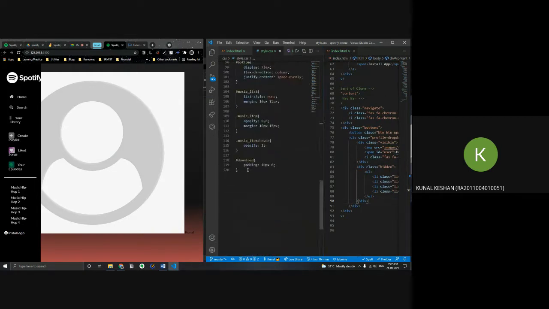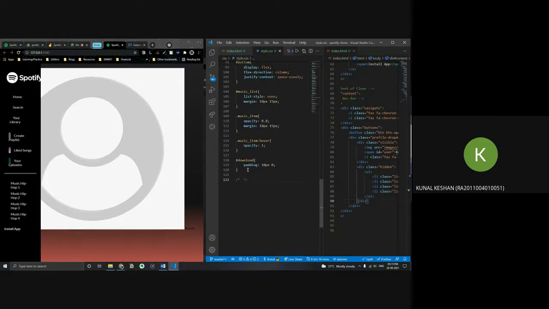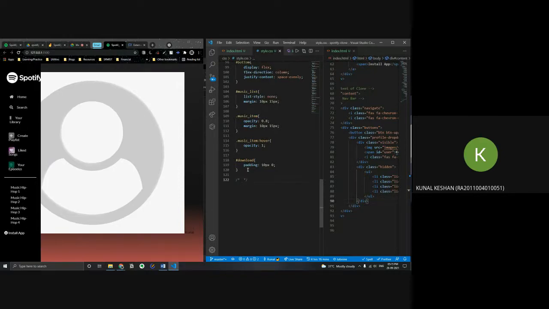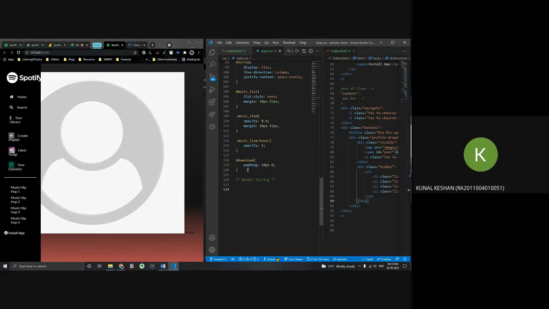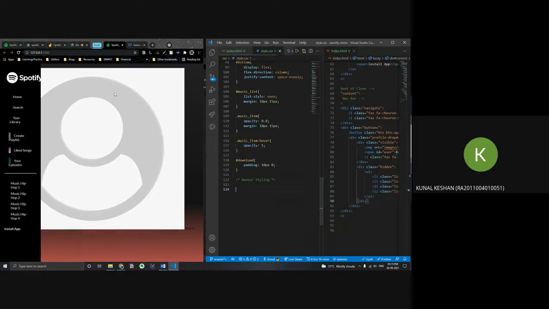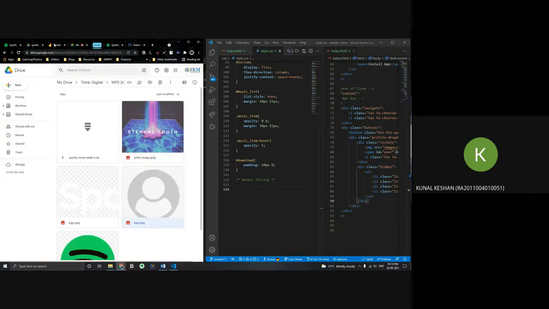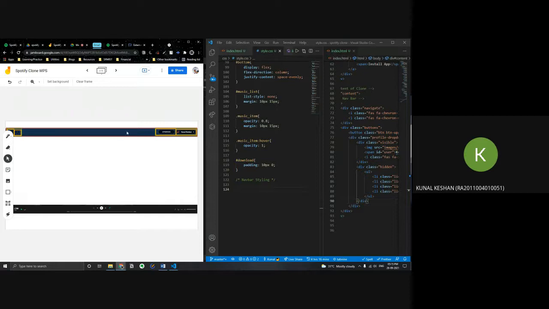Okay, so we'll come down. Within CSS also, it's a good practice to put comments specifying what the style is for. So here we are styling the navbar, so navbar styling. First we'll give a display. Does anybody have any idea how we'll separate these two with a distance like this?